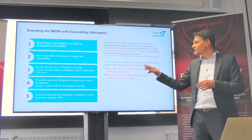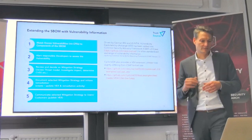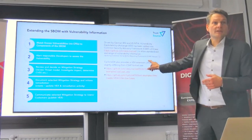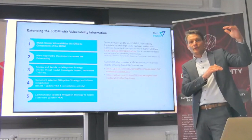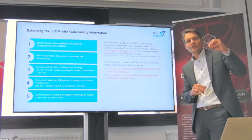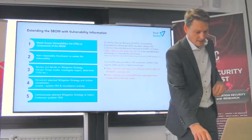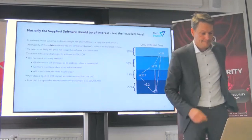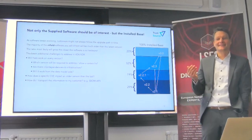And there are slight differences when you look into the CSAF and into the VEX use case things. But the good thing is these two links show you the corresponding use cases, because they both took the use cases and put in the implementation for their standard. So this will help. To make a complex story a little bit more complex,